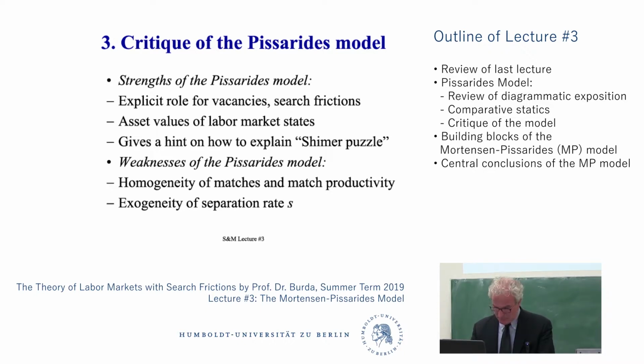And Robert Shimer in the 2000 decade wrote several influential papers saying that these movements are not even consistent with the Pissarides model. But at least the Pissarides model writes them down. Okay, so go back to the UV curve.